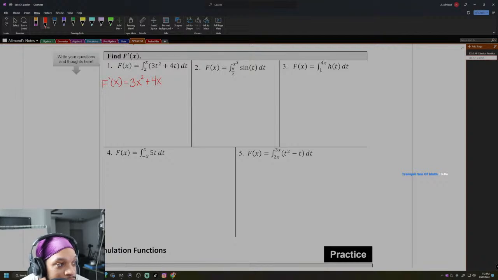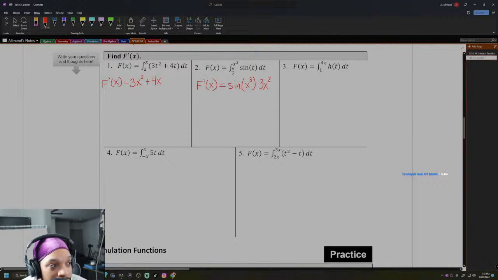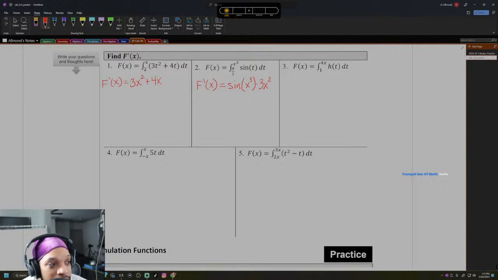Alright, so I did number 2, right? Yeah. Go for it. Alright. This should be sine x cubed times 3x squared, minus sine pi over 2. Well, it's the derivative of that, which is just 0. Wait, it'd be 0? Yeah, because remember how we're trying to find f prime? And so we're trying to find the derivative